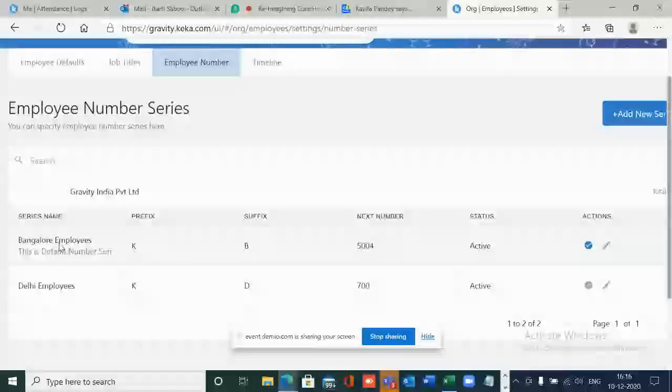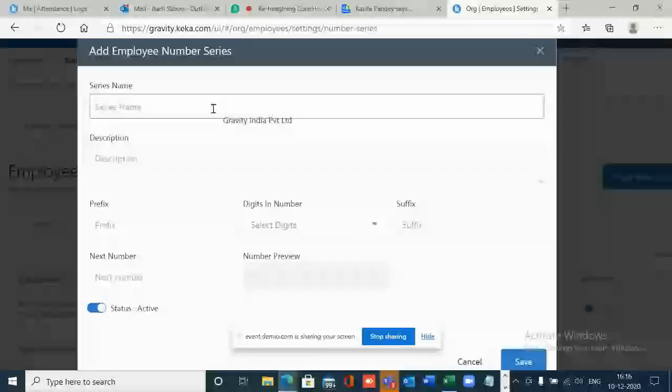You can have different employee series. So you can have series based on the location. You can have series based on pay groups, depending upon how you are making that in your organization. And the next number will be auto assigned by the system itself. So for example, I'll create one series name as